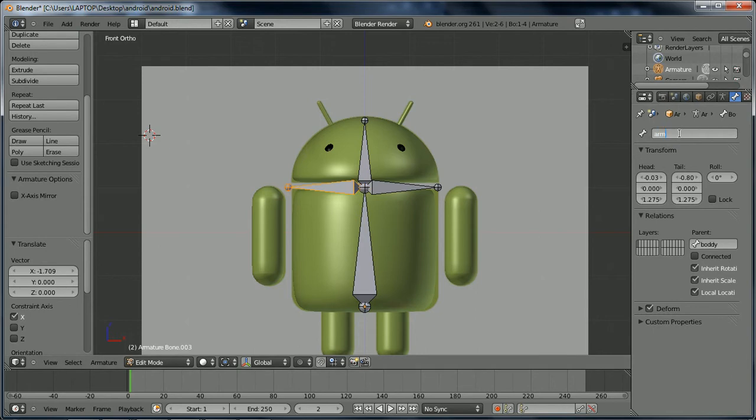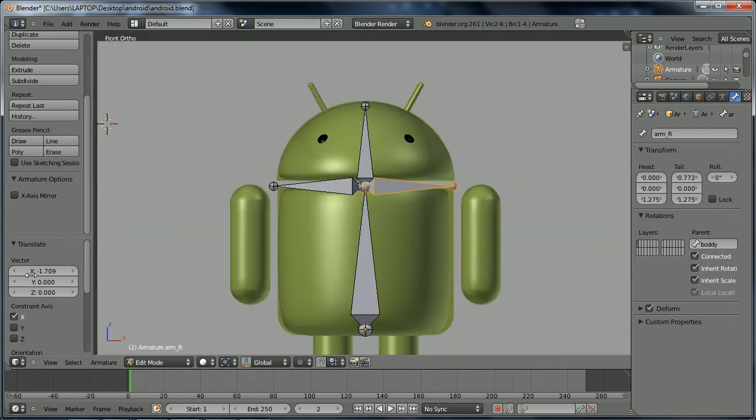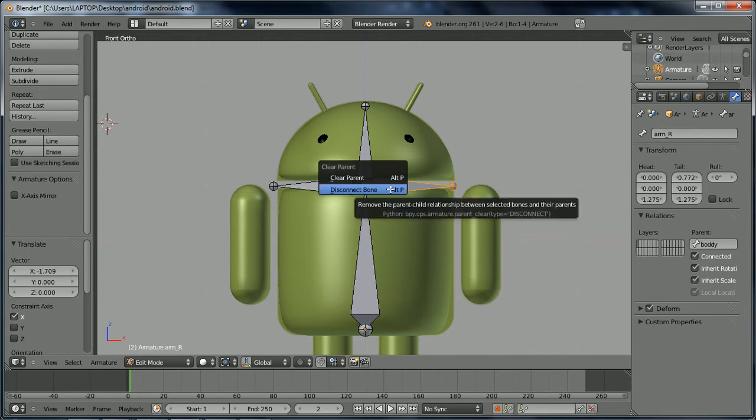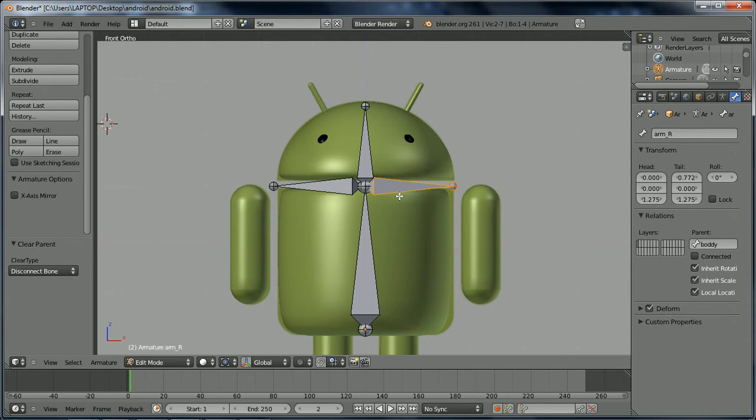arm underscore capital L for left, arm underscore capital R for right. And one thing I want to do here is select this one, do Control P, or sorry, Alt P, disconnect bone, select the other one, Alt P, disconnect bone, and I'm going to grab this guy, G for grab,